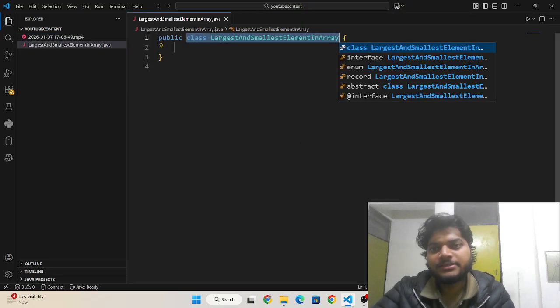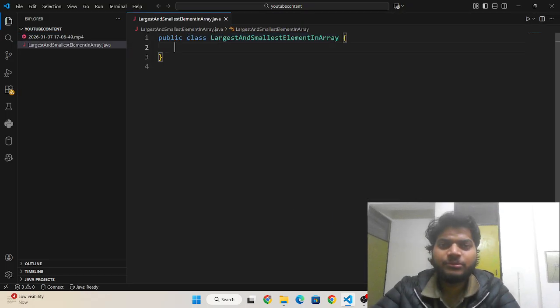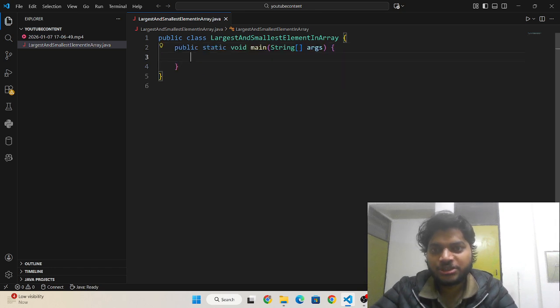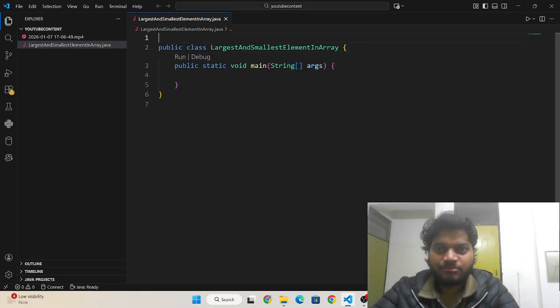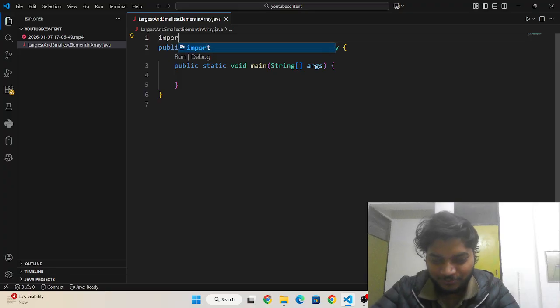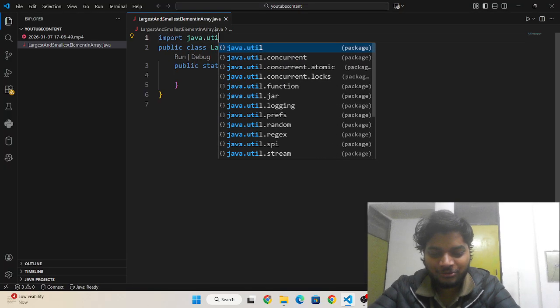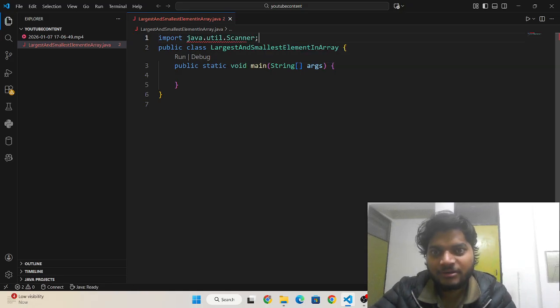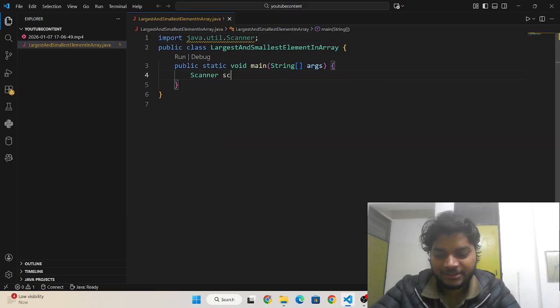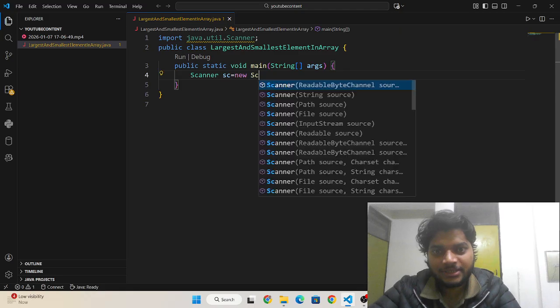Okay guys, now I'm going to write psvm, that is public static void main. This is the main method of the program. Okay, and here I need to write a Scanner class to take user input. So I need to write import java dot util dot Scanner. Okay, and here I need to write an object for the Scanner class. Scanner sc is equal to new Scanner